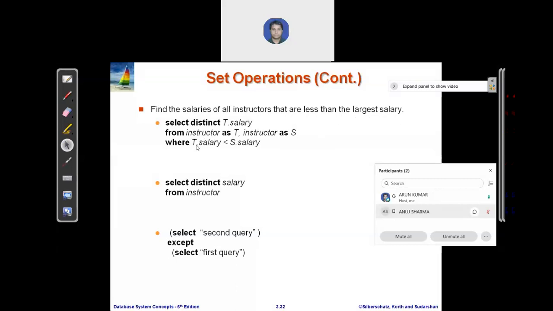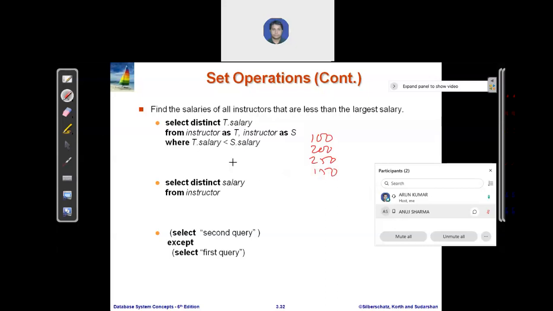Means in this SQL, you will get all the employees' salaries which are less than the highest salary. It excludes the highest salary. Suppose in your instructor table, salaries are 100, 200, 250, 150.